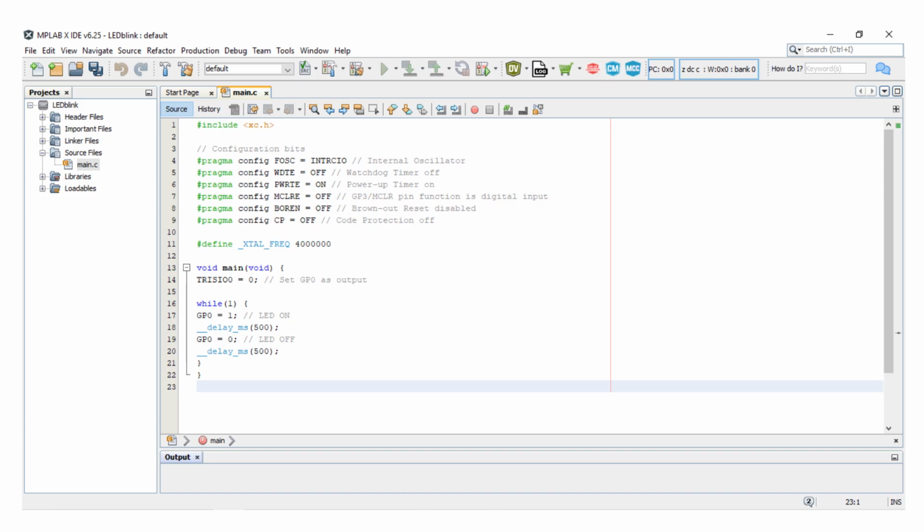void main(void) { TRISIO0 = 0; set GP0 as output. while(1) { GP0 = 1; LED on. __delay_ms(500); LED on time, 500 milliseconds. GP0 = 0; LED off. __delay_ms(500); LED off time, 500 milliseconds. } }